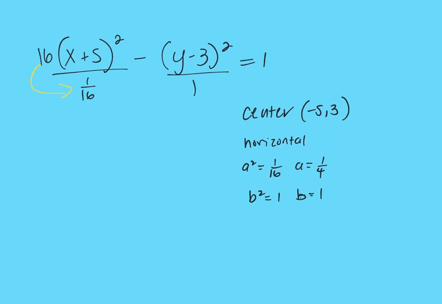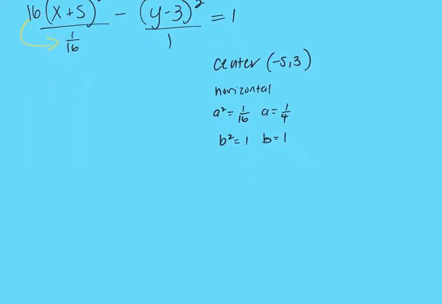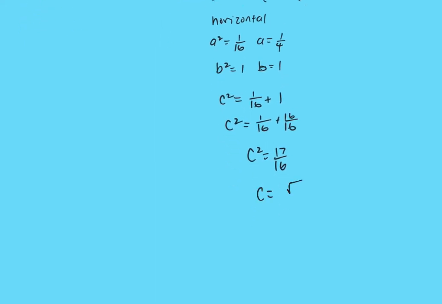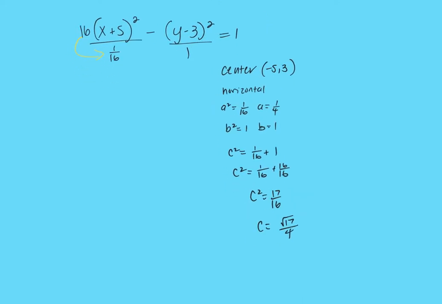Does it say its foci? It's all of it, right? Yeah. So then c squared equals a squared plus b squared. C squared would equal 1/16 plus 16/16, which is 17/16. And then c would equal square root 17 over square root 16, which is 4. So then because it's horizontal,